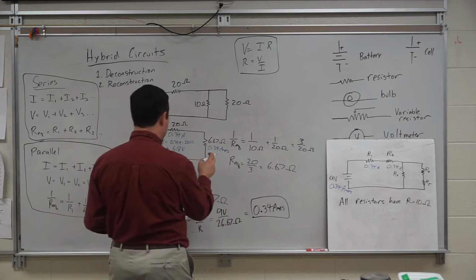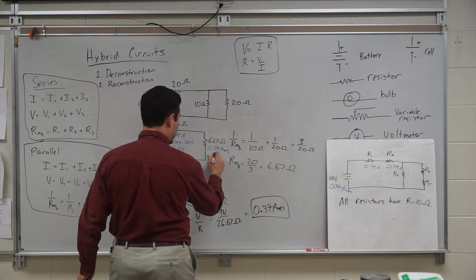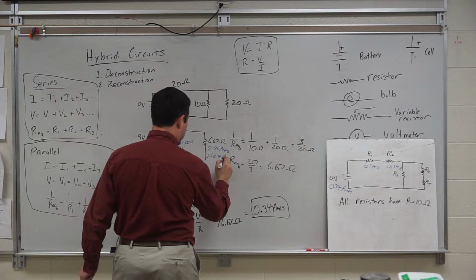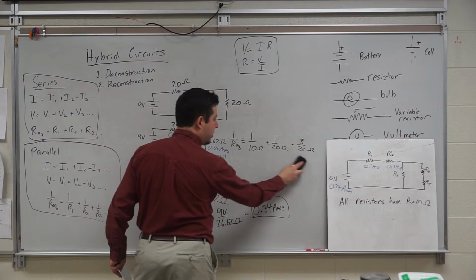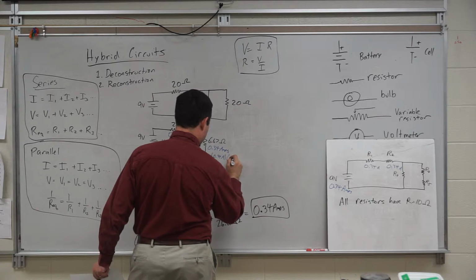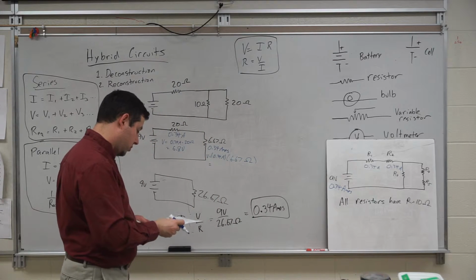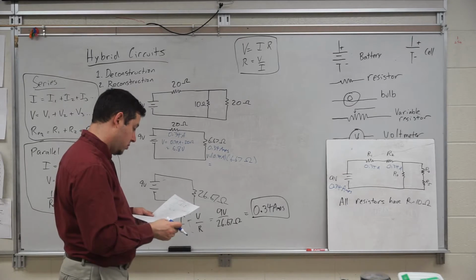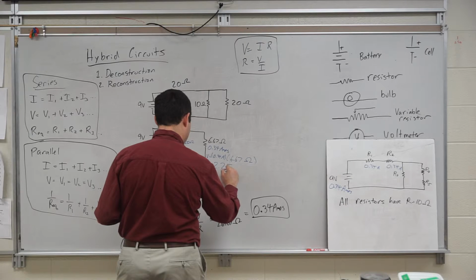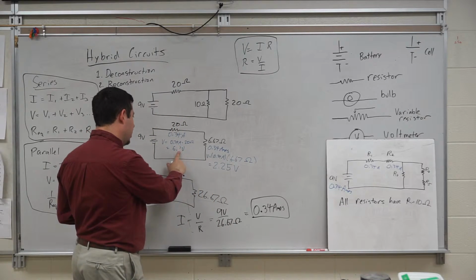And here, V equals IR, so V equals 0.34 amps times, I'll erase this to make it a little simpler, 6.67 ohms, or 2.25 volts. And actually, if I'm breaking this down, I'm going to make this